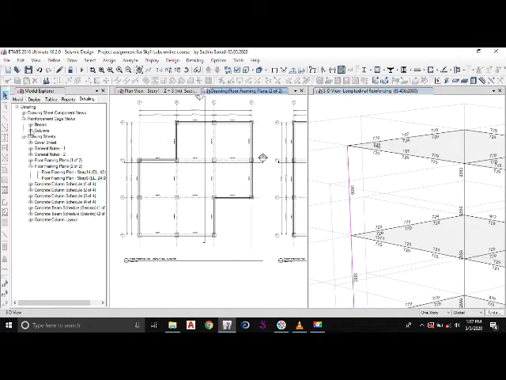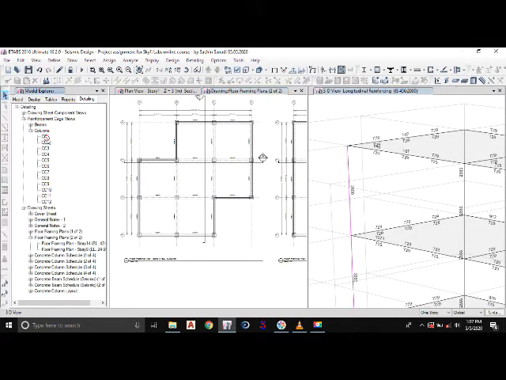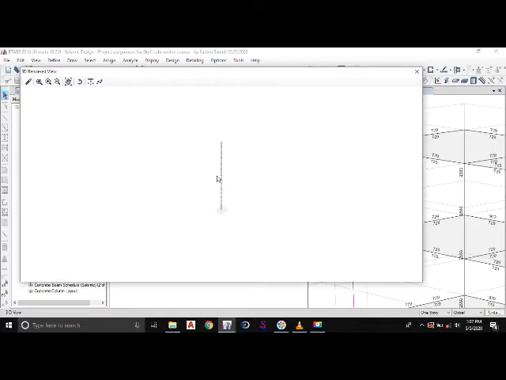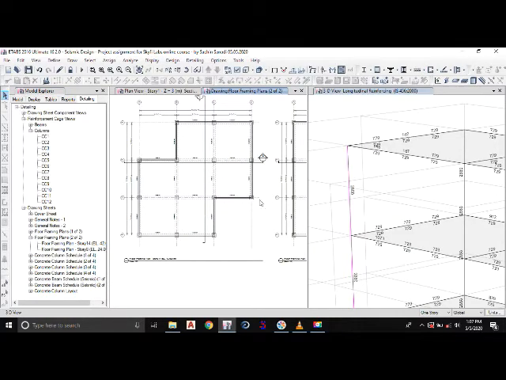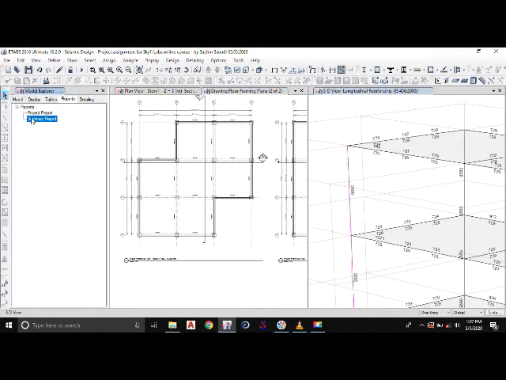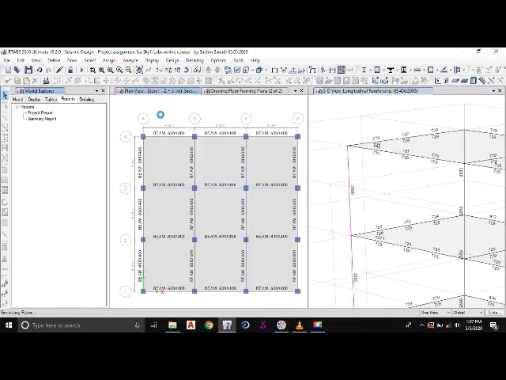If I go to the columns and click on say C1, the cage diagram for the column is given in this particular case. So likewise you can check all the reinforcement detailing in the detailing part. You can get the report as a summary report and a detailed report. Once you click on the summary report, the report of that particular building is summarized and given in Word format, so you can save it and use it for your further purpose.